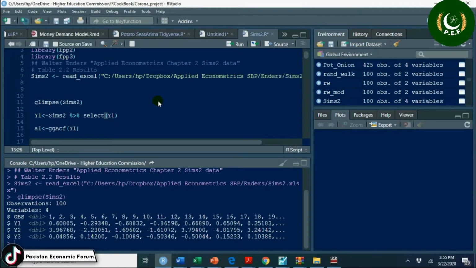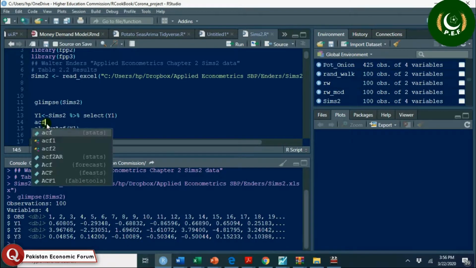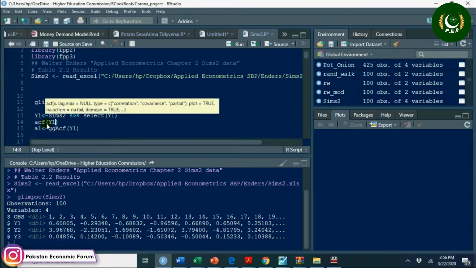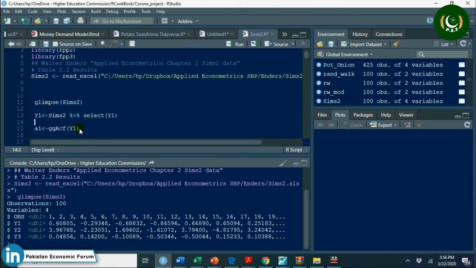Now we just select y1: we take SIMS 2 and use this pipe operator, select y1. So in this we have only data on y1. You can calculate ACF and PACF by directly writing ACF of y1, but at the moment I am using ggACF, grammar of graphics, with the ggplot library, and I am storing it in A1.